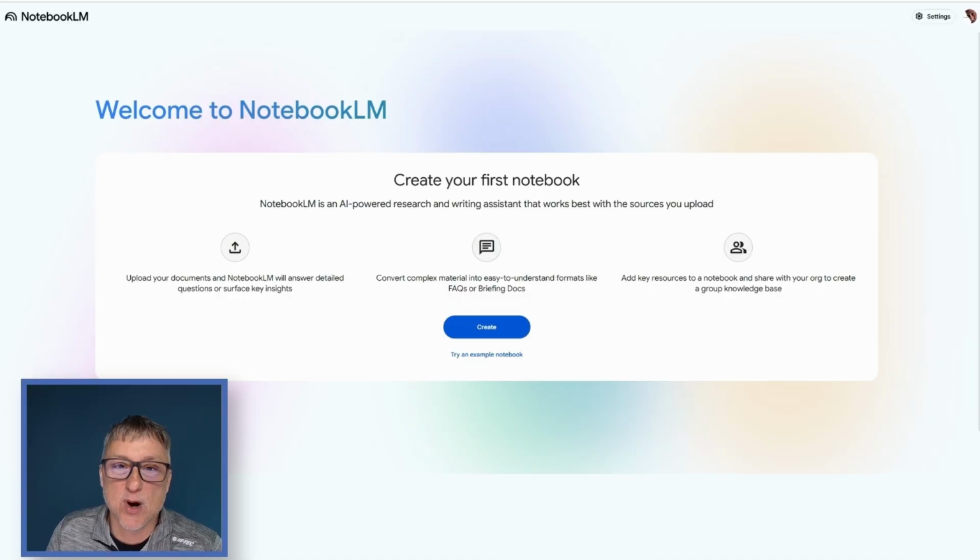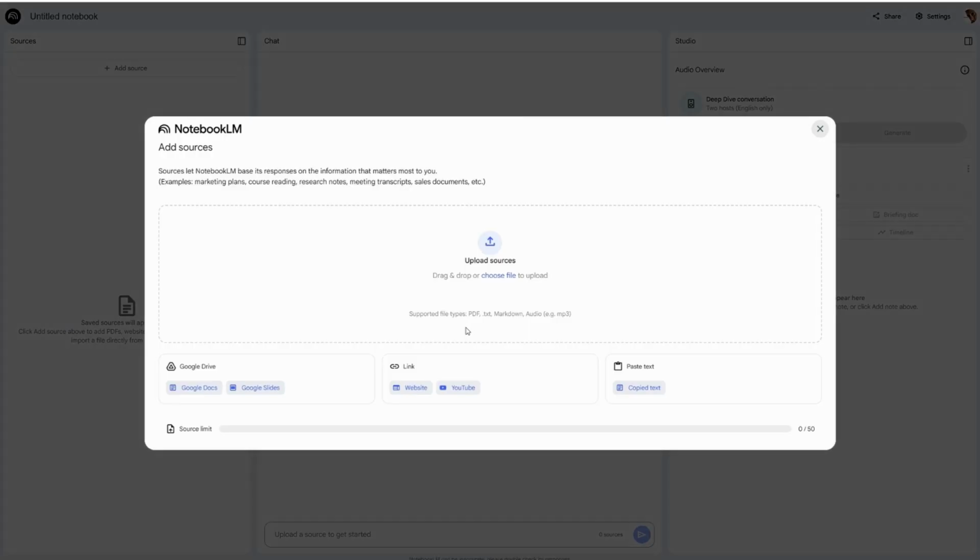Well, Google has a product called NotebookLM that actually will take in information and even generate custom podcasts for you. Let's take a look at it. I'm going to firstly click on the blue button to create a new notebook. Now, if you notice, NotebookLM wants you to give it sources.